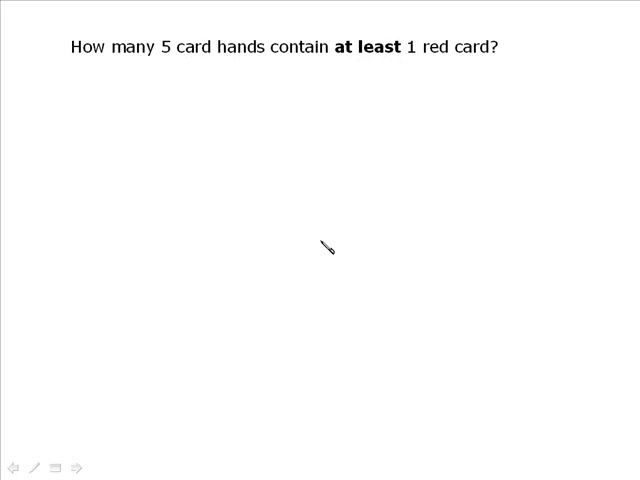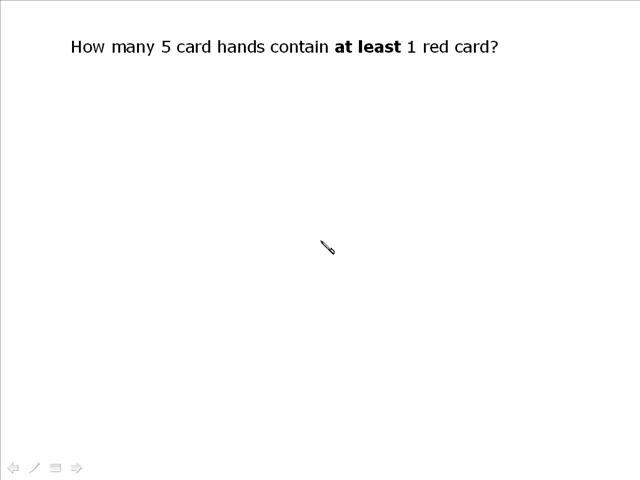This lesson is on combinations, but more advanced questions, or at least variations of the questions that we were looking at in the previous lesson. A lot more algebra as well, you'll see. Now to start off, a question that we saw variations of yesterday: how many 5-card hands contain at least one red